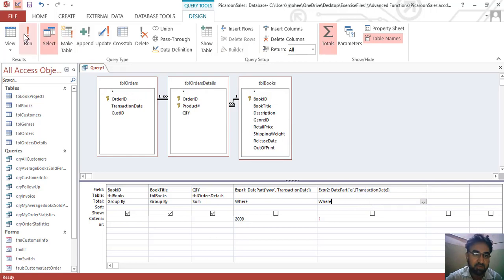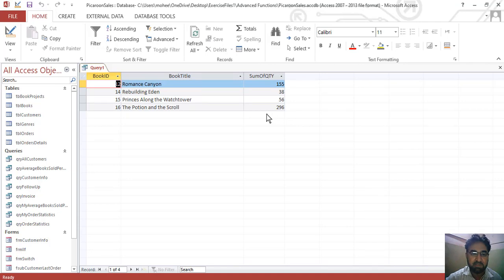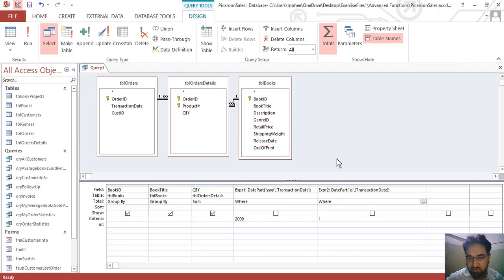Correct it, run, and the data has become more limited. These are the books which are sold in the first quarter of 2009, and this is the sale of the first quarter of 2009. So this is how you use DatePart in Microsoft Access.